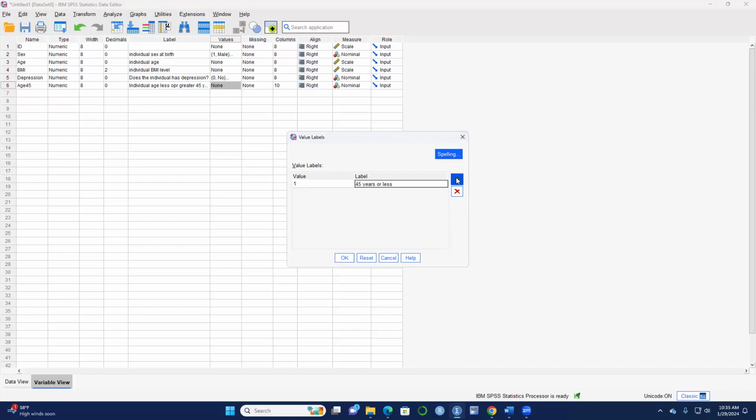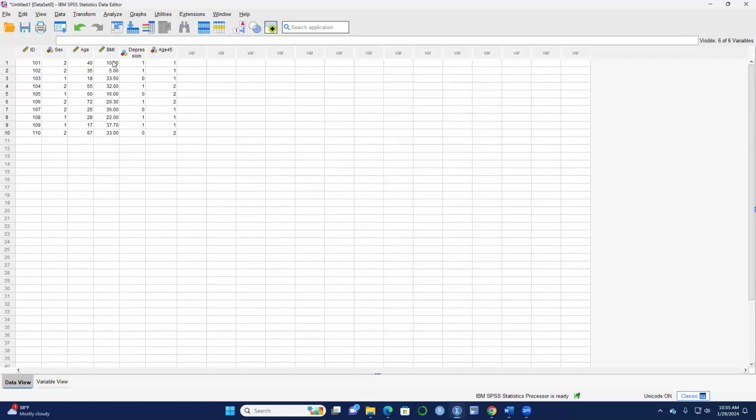And then we said that 2 is greater than, so we say greater than what? 45 years. And then we said, okay, so now in order to see it, we can actually use this one to see have it changed. So there's what we have. So now we have less than 45 years, greater than 45 years. So this is how you can actually recode into a different